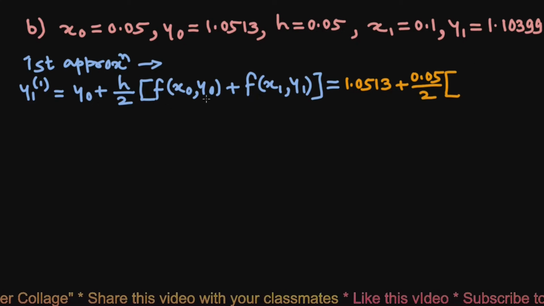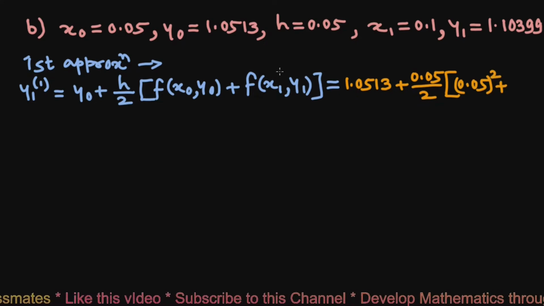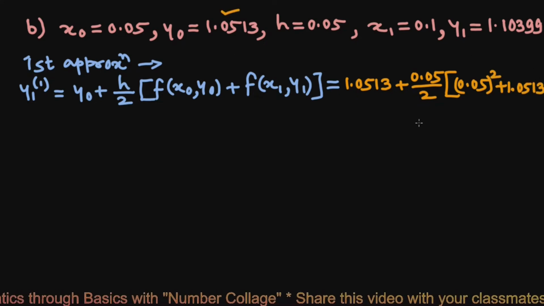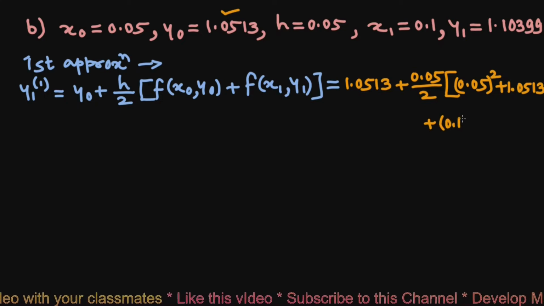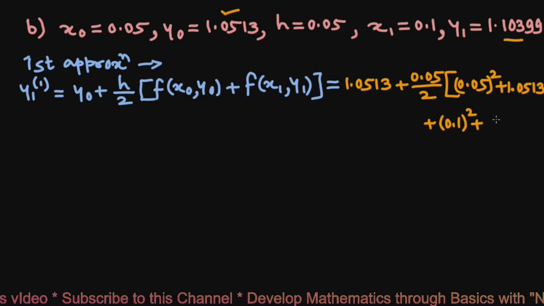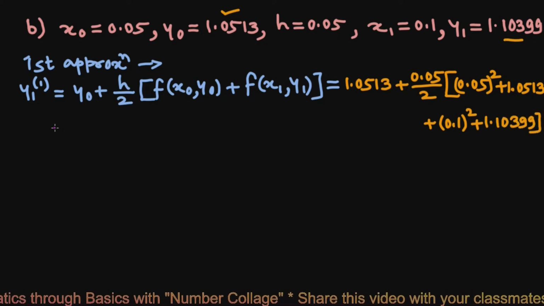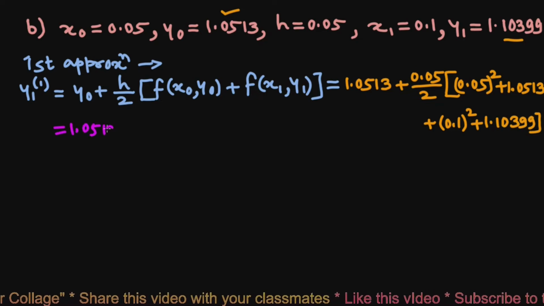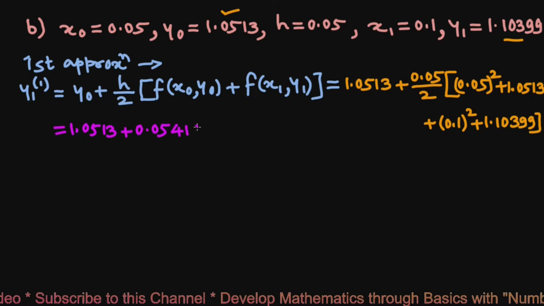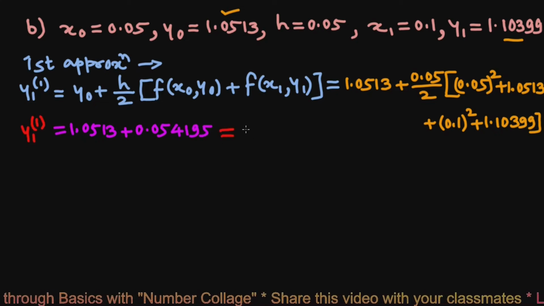F of x0 y0 will be 0.05 whole square plus this 1.0513 plus x1 square 0.1 square plus y1, which is this 1.10399, which will be 1.0513 plus 0.054195,